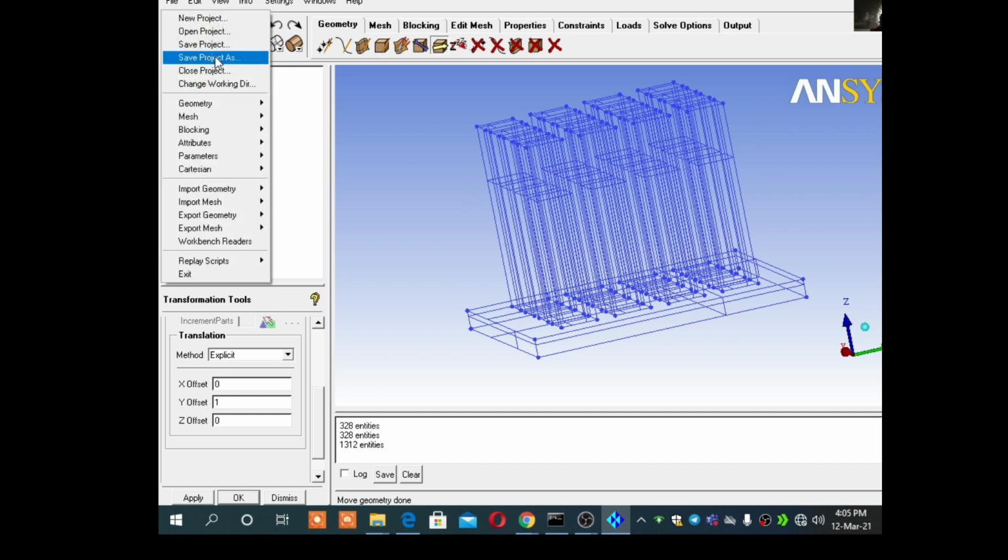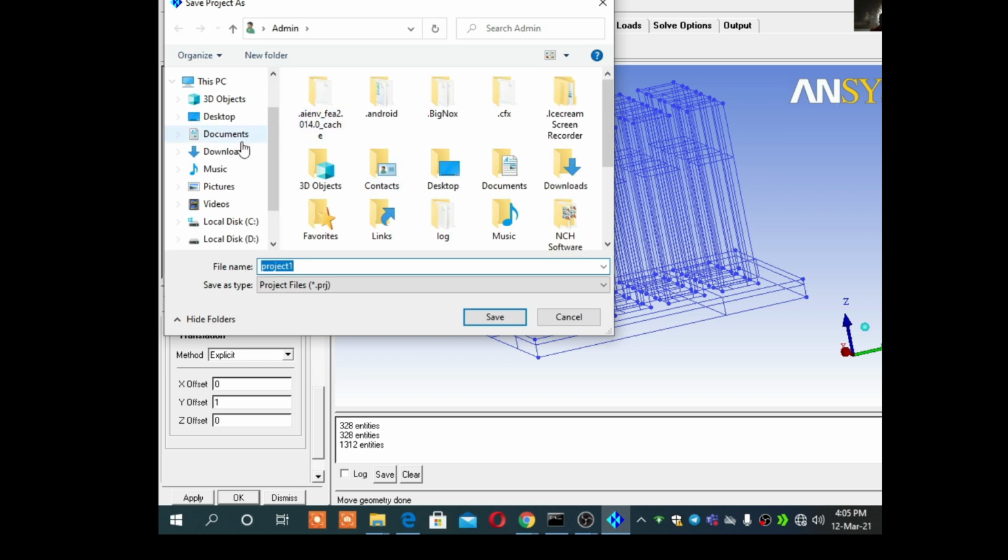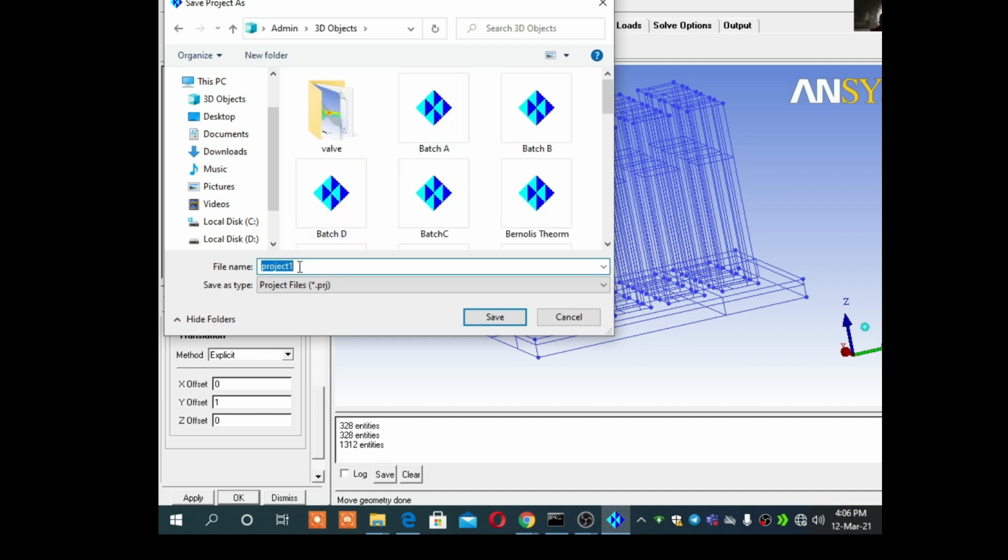First I will save this project, file save as, so that when the light goes, we do not lose our geometry. So 3D geometry, and I can say thermal management. I can say save.